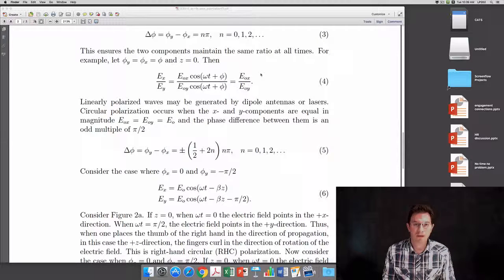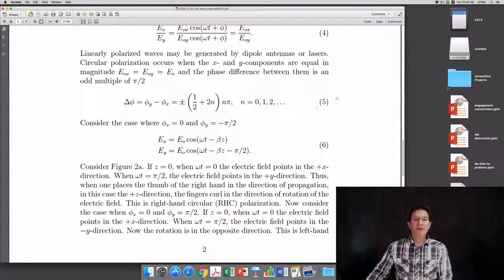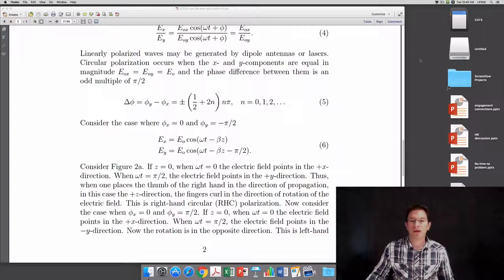That's what you need if you want to relate this to the equation for a line. That's the same condition that we have for the equation of a straight line, which is to say that the ratio of x to y, or y to x, is equal to some constant. So it's the exact same thing as the condition to have a straight line. Now, linearly polarized waves may be created by a couple of different kinds of antennas or sources. You can use a dipole antenna, or you can use a laser. Those will also create